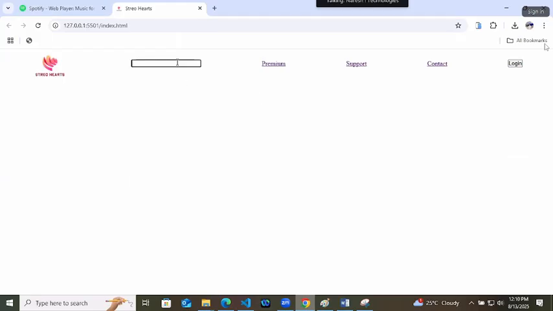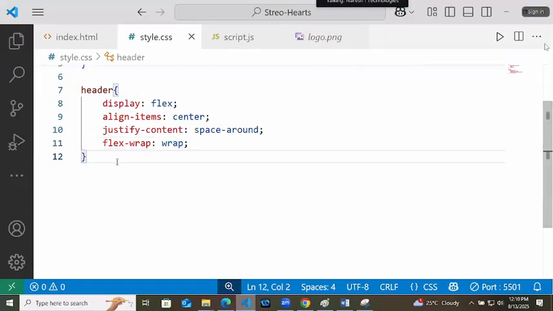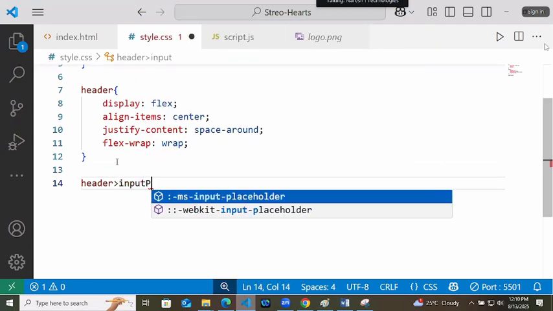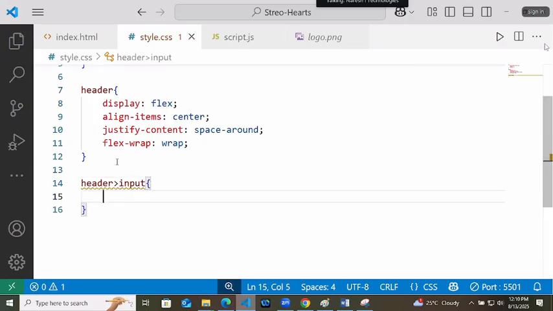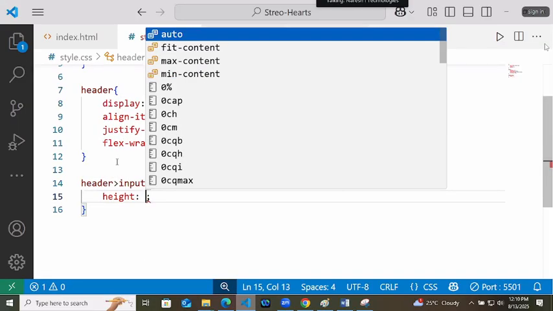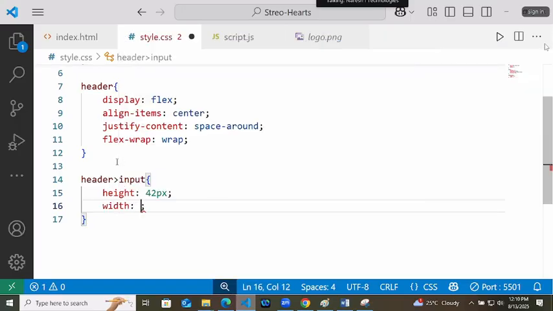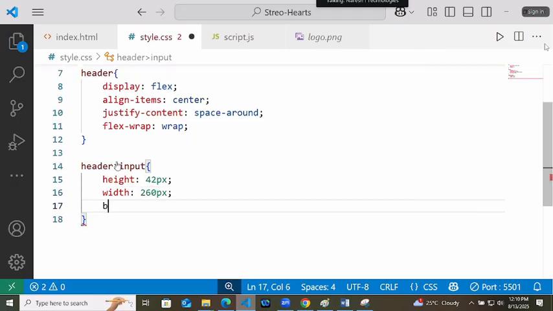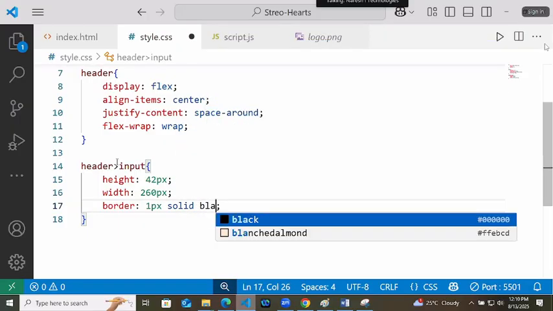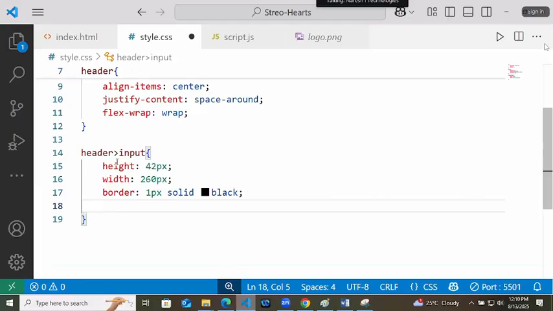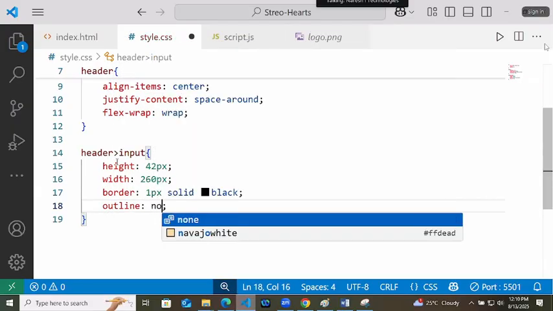Now for this input box, I will give the designs. So here I will write header child input, means the input box which is available inside header will have a height of 42 pixel. It will have a width of 260 pixel. It will have a border of 1 pixel solid and black, and it will not have any outline.